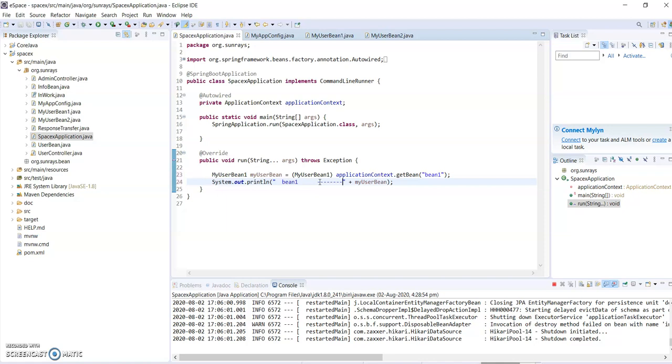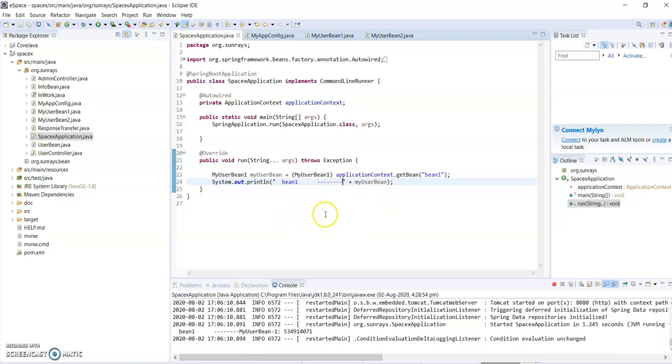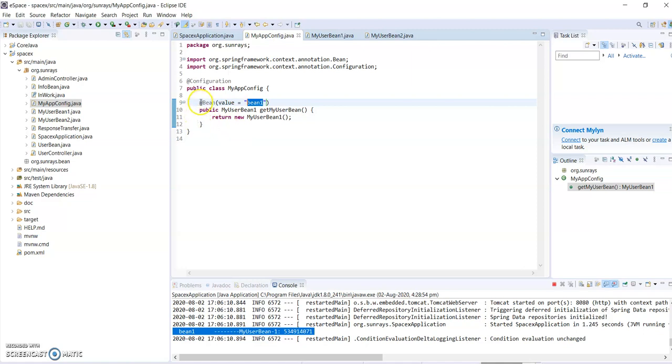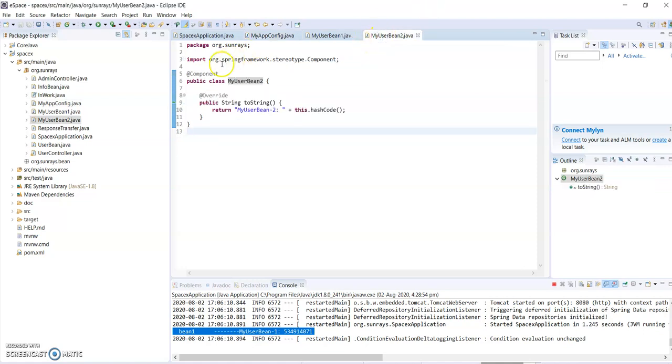Yeah, so we got this one. This also confirms that we can give a different name to the created bean, and it goes to the Spring context.